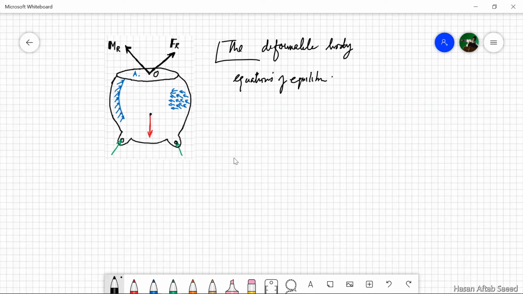In rigid body statics, we apply the equations of equilibrium. We calculate a resultant internal force Fr and a resultant couple moment Mr at any point O of an imaginary cut section of the body. This point is usually taken to be the centroid of the section.